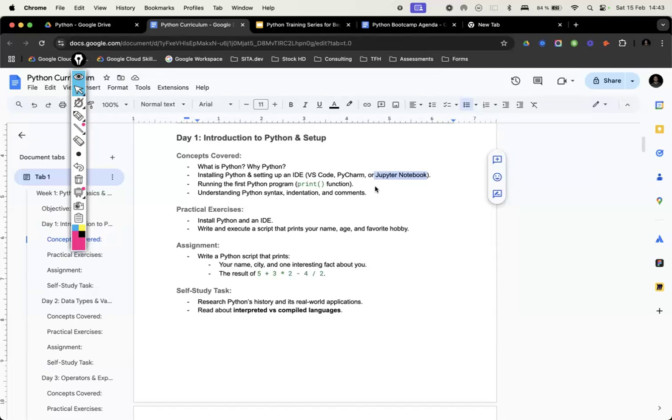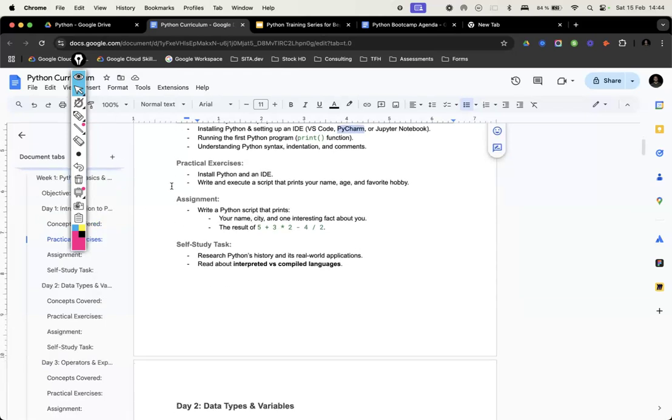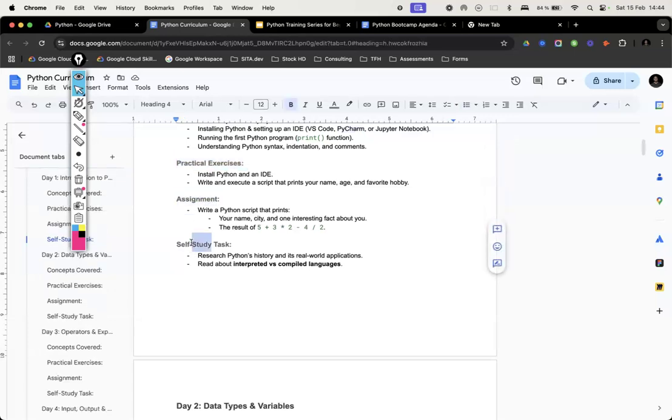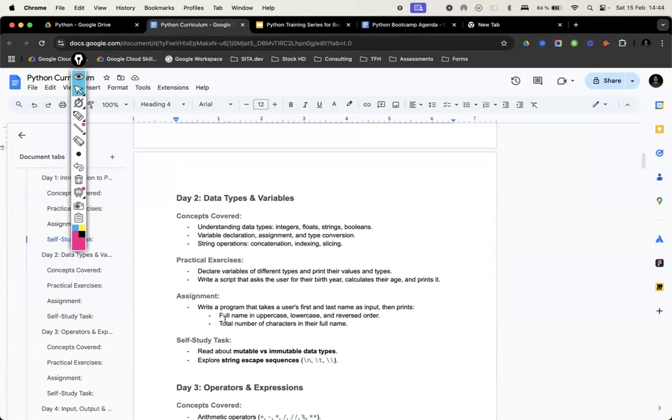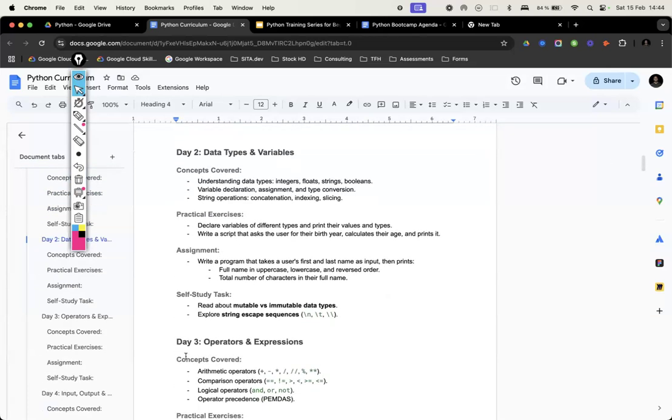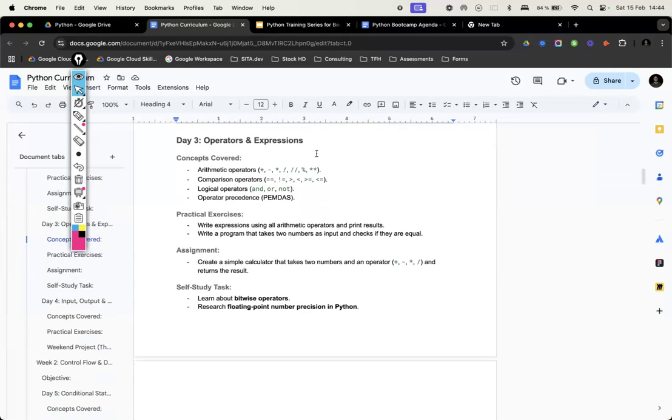Once we finish it, based on if you want to go more to the data analysis and machine learning side, you can use Jupyter Notebook, or if you simply want to work with backend, you can use VS Code or PyCharm. So we will cover that on day 1, and every day you will have some practical exercises, some assignments, and some self-study tasks. This is how every daily session will be. Every day you will learn something new, you'll have some practical exercises, and then you will have some assignments and self-study tasks. We cover data types and variables on day 2, and operators and expressions